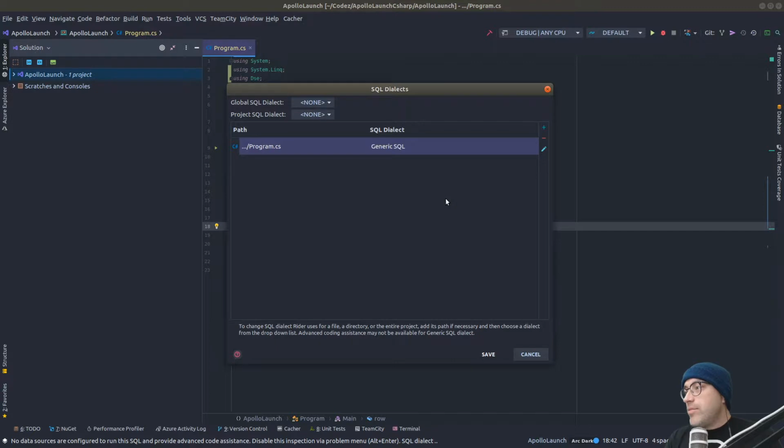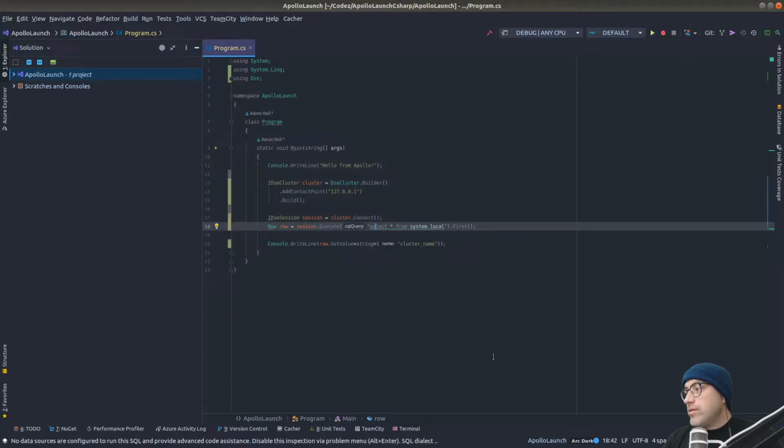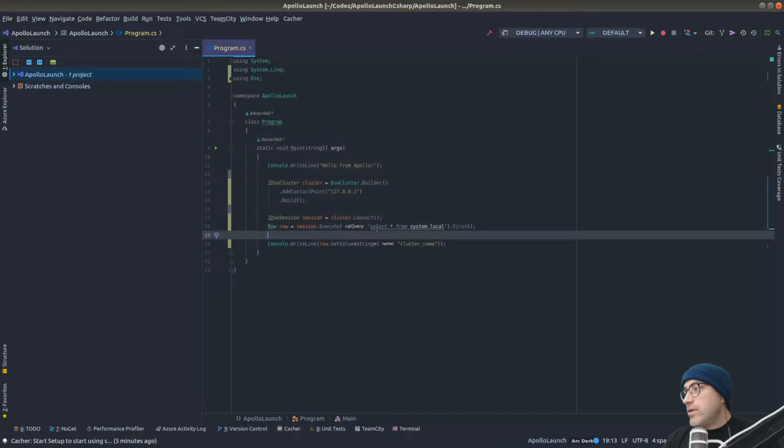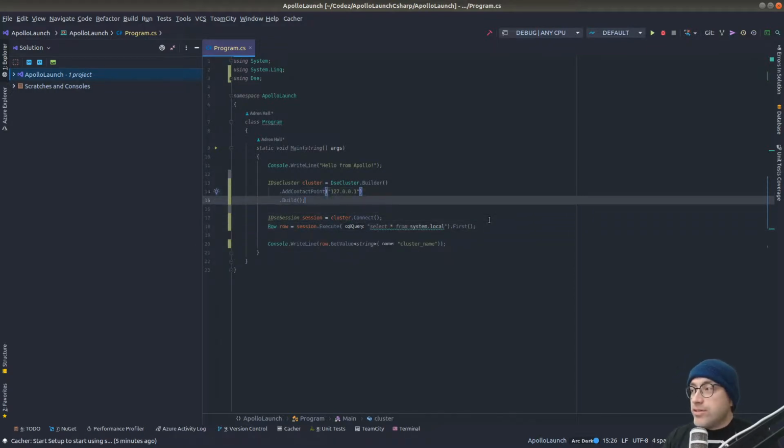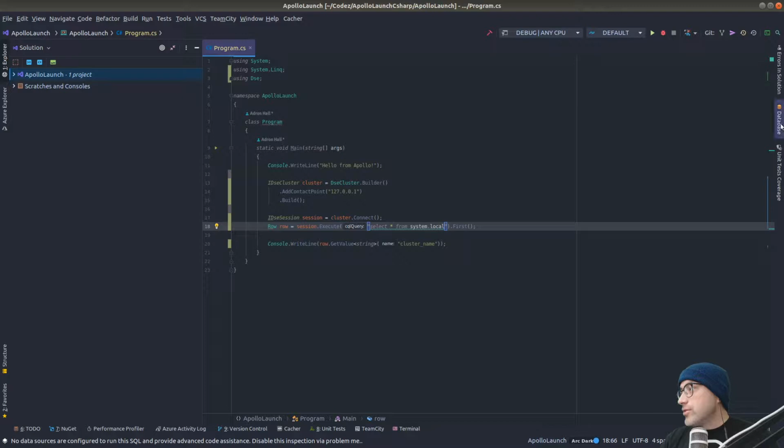If I do that, it pops up an option, and I can go in here and say project SQL dialect is going to be Apache Cassandra, and I'll go ahead and put Cassandra as my global dialect. So now that's associated with this file, and when I hit save, it actually knows. And if this connection is good, and I make a connection over here,